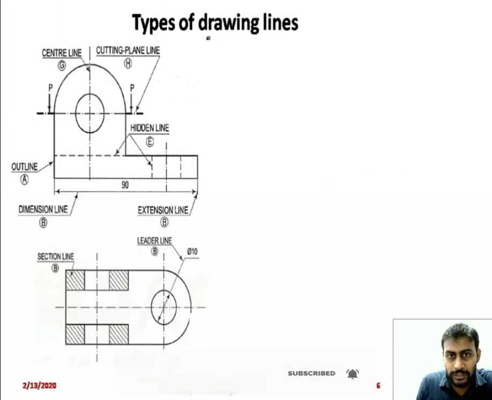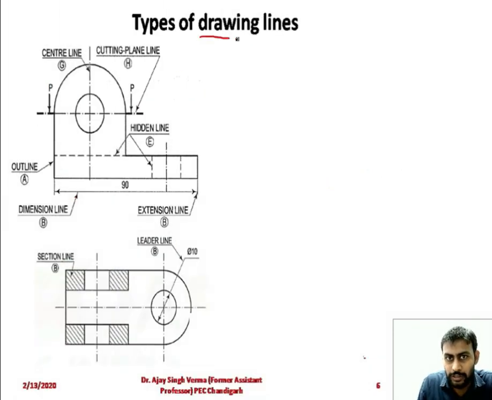In the next slide you can see on the screen the types of lines we already discussed, and with the help of an example we will discuss in more depth what line has what basic meaning in your drawing sheets. When you plot the drawings, you can be clearer about these types of lines with the example.